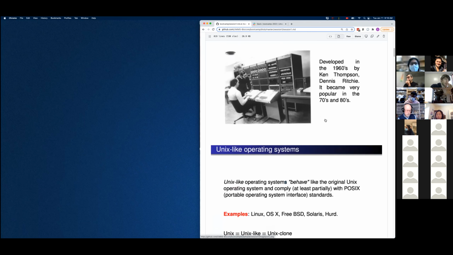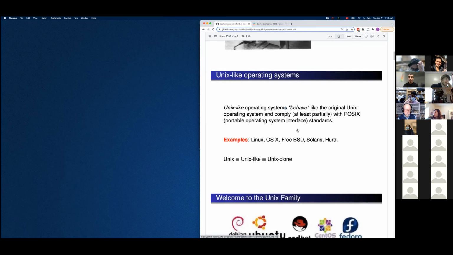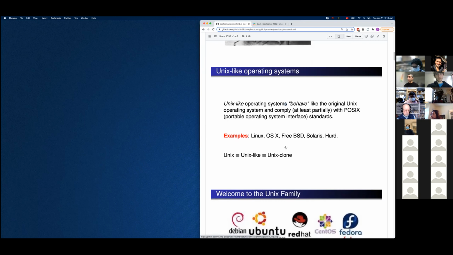So this is Unix, and then Unix became so popular that it became the base for a lot of other operating systems. People took the principal components of the Unix system and added stuff on top of it. Examples are Mac OS and all the Linux operating systems, and these other ones listed here.